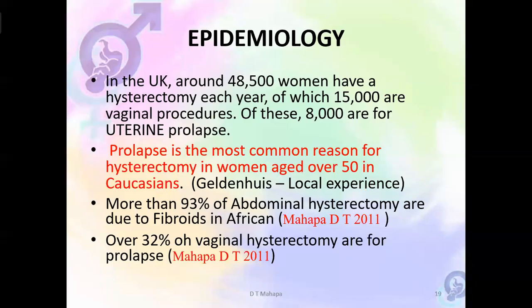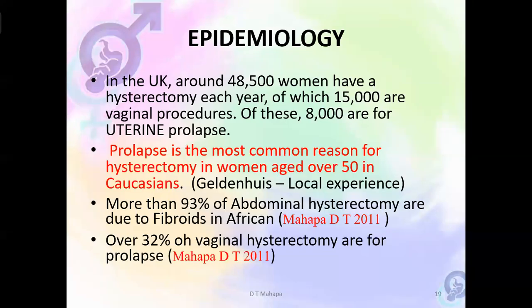In the United Kingdom, about 48,500 women remove their uterus every year. Hysterectomy is done very commonly there. Of which 15,000 are for vaginal procedures. Of these vaginal hysterectomies, 8,000 are because of uterine prolapse. That's a large number, which means Helen Hayes, who was the head of gynecology at Pretoria University, made a study